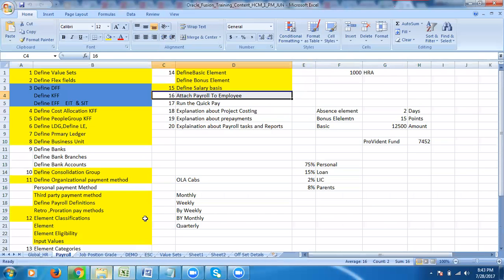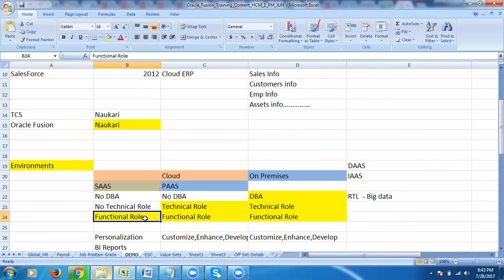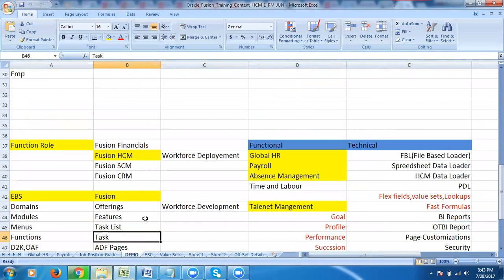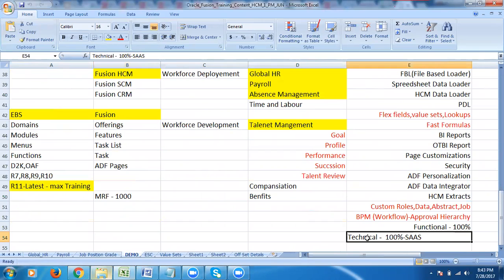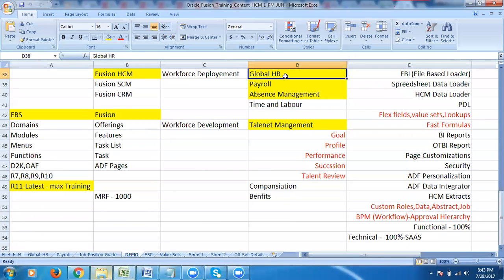When I say SaaS model, technically we will say that we are good at data loading, data extraction, and BI reports. Global HR model, we are 100% perfect. There is nothing else we will expect other than that. What is enterprise structure? These are all basic questions they are going to ask us, so we can answer them.